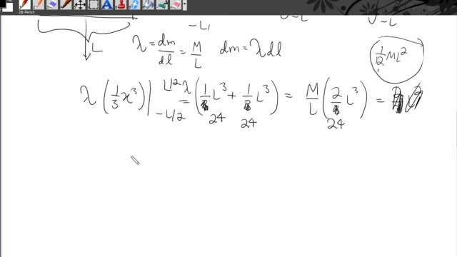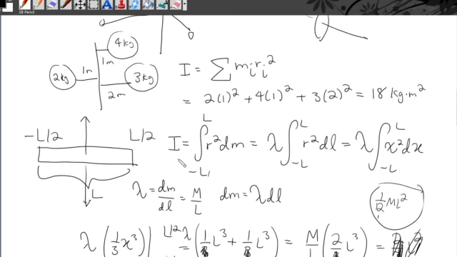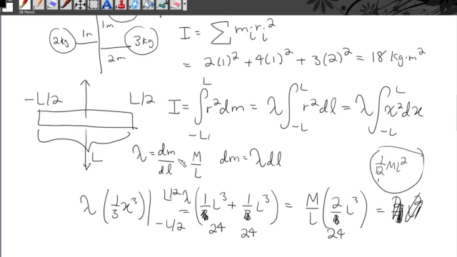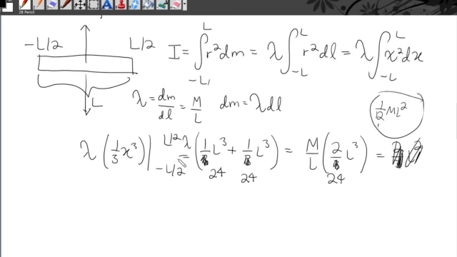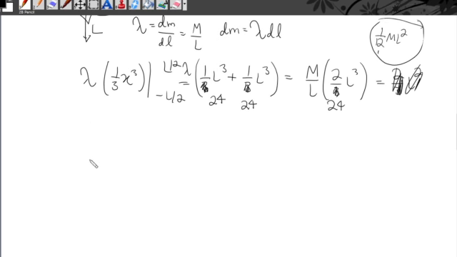Now, the tricky thing about moment of inertia is, unlike mass, it's not an inherent property of an object. For instance, if I had some mass that was 2 kilograms, it doesn't matter how I orient it or what planet it's on, it's always going to be 2 kilograms. But for rotational inertia or moment of inertia, it depends on what it's being rotated about, where the axis of rotation is. So just as an example, let's say I have the exact same rod with length L,